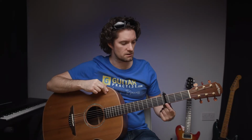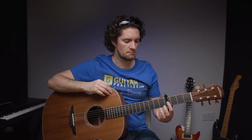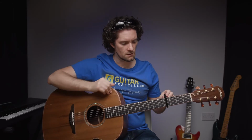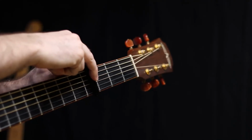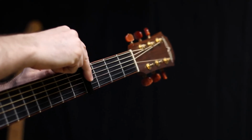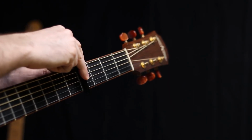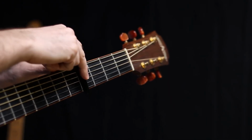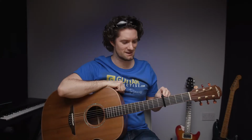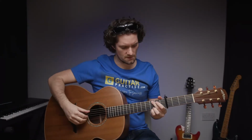But what can happen, especially if your guitar is not set up very good, is it pulls the strings out of tune. So what we tend to do is we move it up as close as possible, even almost touching the metal fret. That way we'll stay in tune perfectly. So